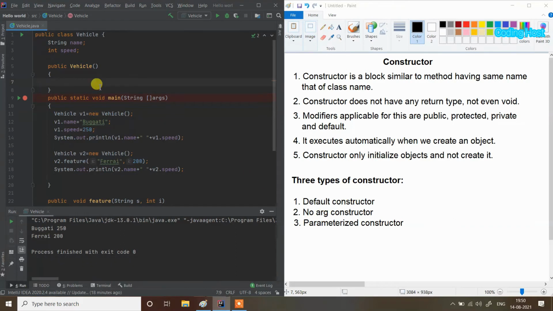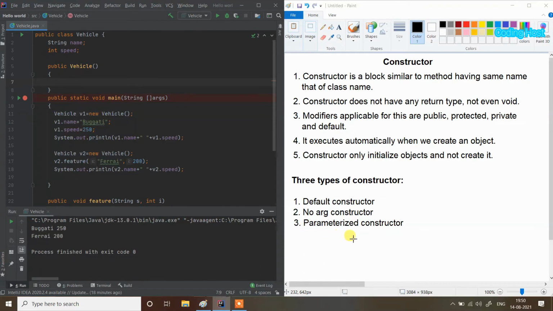I have made an empty constructor by myself, and it is known as a no argument constructor. So the difference between these two is that this one is made by the compiler, and this second one is made by the user or coder.